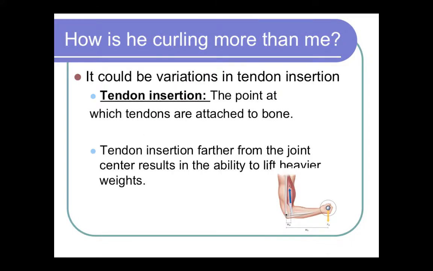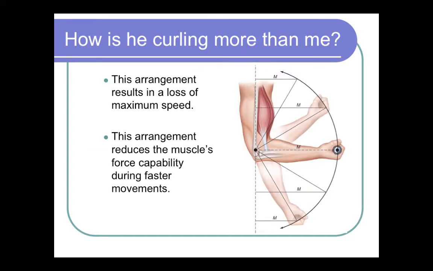Have you ever asked yourself, how is he curling more than me? Maybe you're bigger in stature. It could lie down to the simplicity of biomechanics. Maybe it's a variation in his tendon insertion compared to yours. Tendon insertion is the point at which tendons are attached to bones. Tendons that are attached further away from the joint allow you to be able to lift heavier weights. Although this arrangement does result in a loss of maximum speed, and it can reduce the muscle's force ability during